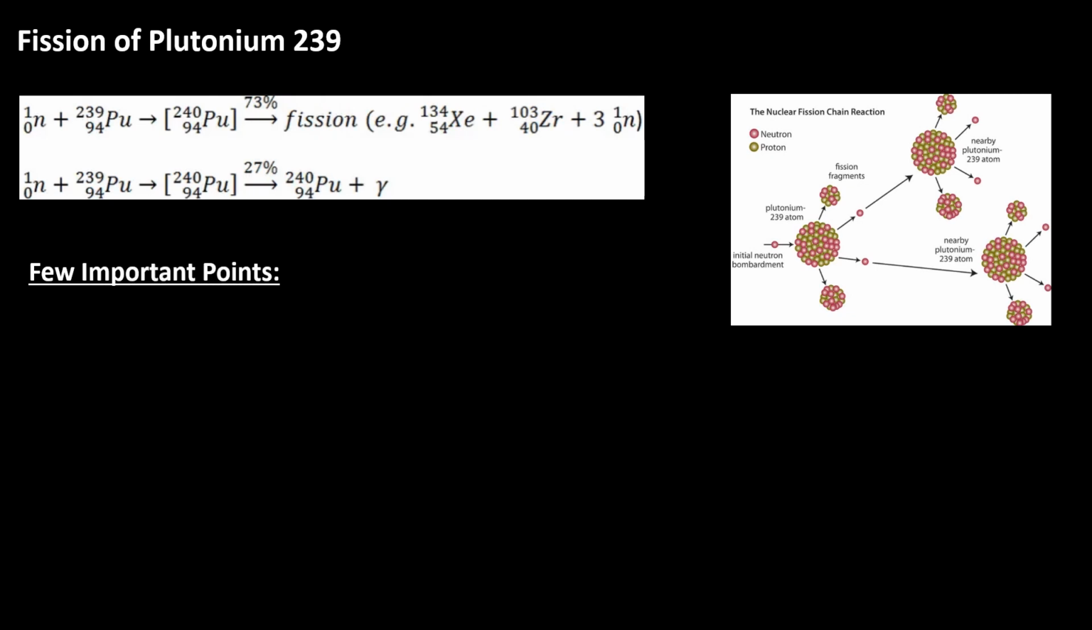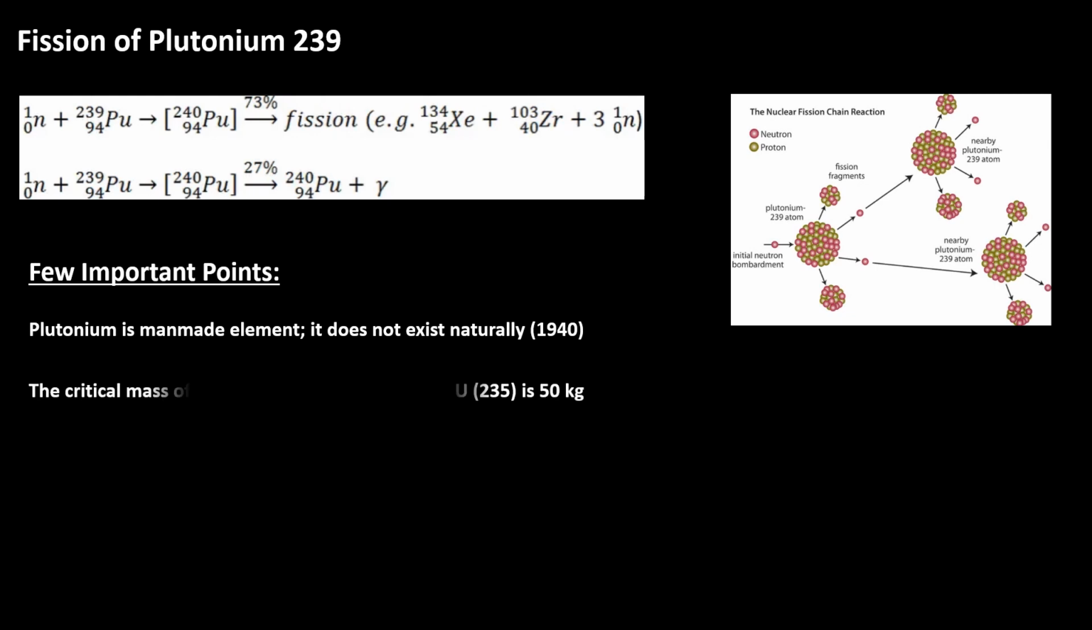There are a few important points related to plutonium. Plutonium, just for your information, is man-made. It does not exist naturally in nature. And the very first time scientists built it was in 1940. And secondly, it has an advantage over